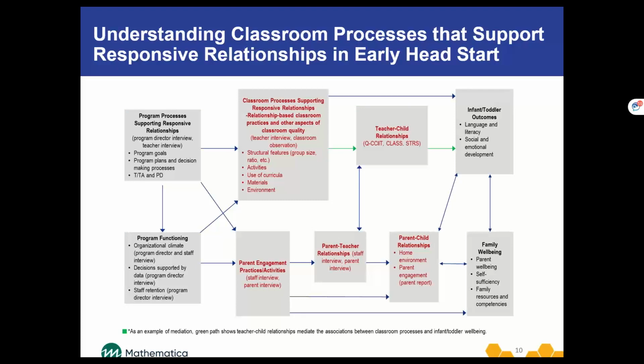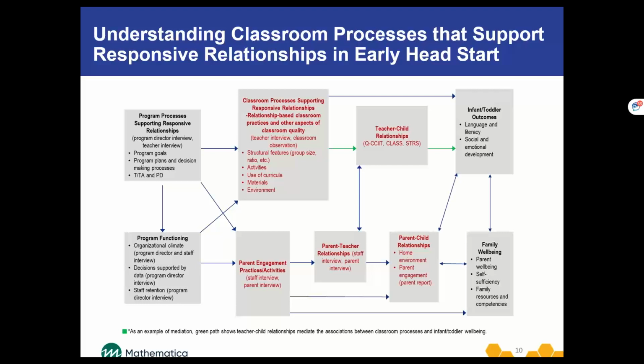The group then developed the logic model that served as a roadmap for the topics of interest in Baby Faces 2018. They are specific to understanding classroom and home visiting processes that support responsive relationships. The logic models elaborated portions of the conceptual framework and reflected both the research questions for Baby Faces 2018 and ACF's priorities and interests. This is the logic model for understanding classroom processes, which demonstrates that the study focused on the quality of relationships across different aspects of service provision,